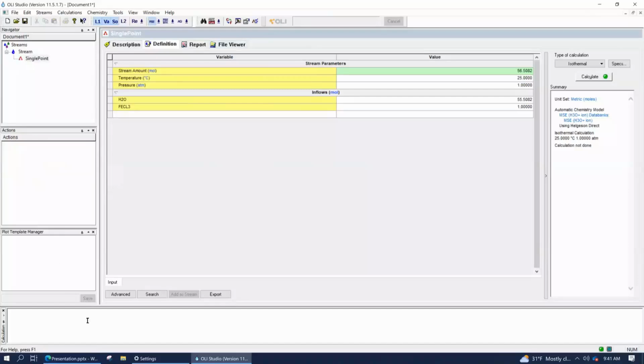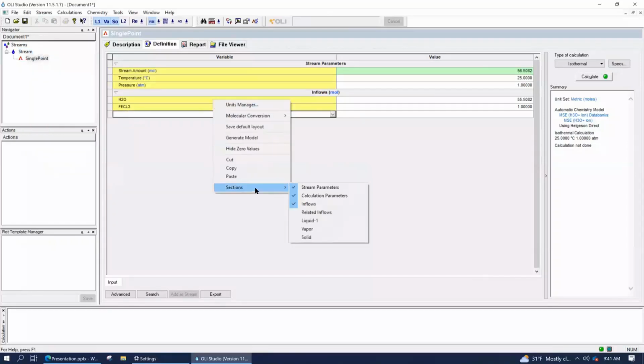You'll notice that there are options available to you depending upon where you right mouse click. If I right mouse click on a single point, I've got these options. Right mouse click on a stream, I've got these options. Right mouse click on the grid, I get these options. It's kind of cool. They become really helpful, those right mouse clicks.